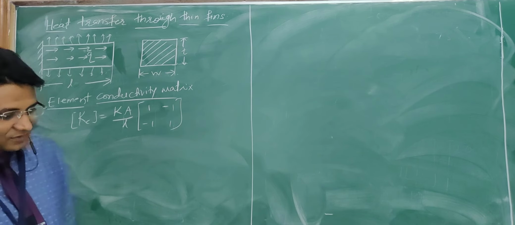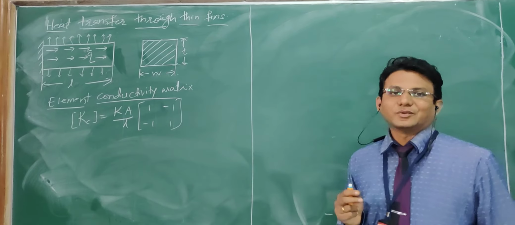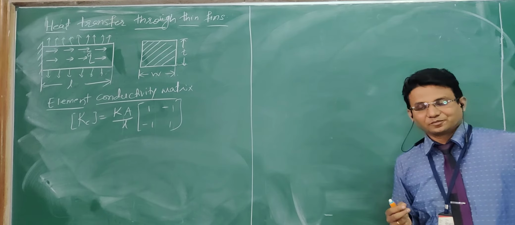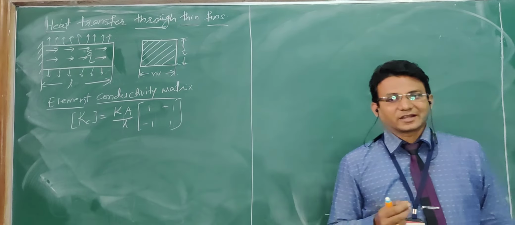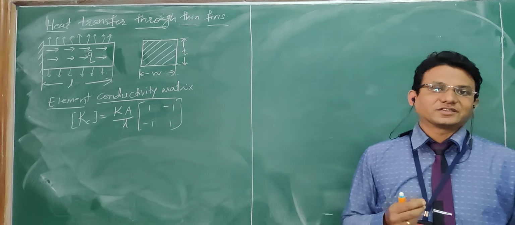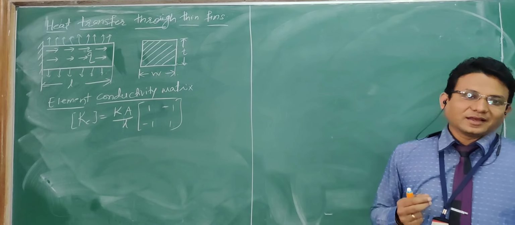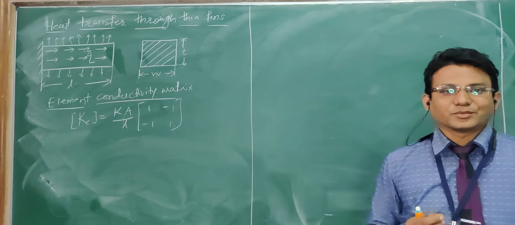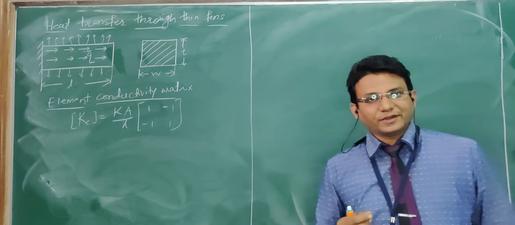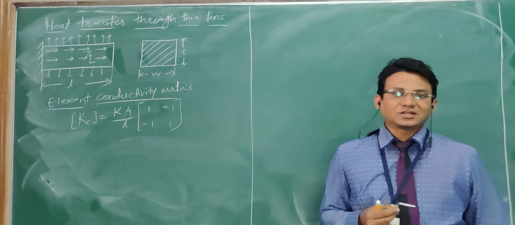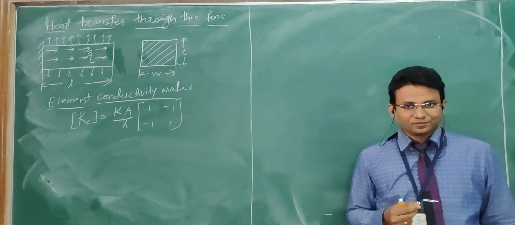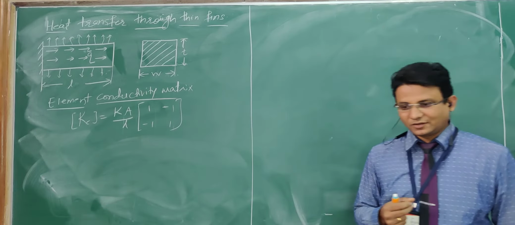Fins are the extended surfaces or extended material that has been provided to account for the additional dissipation of heat rate. The best example would be the motorcycle. The engine will have, on its exterior, extended surfaces or extended material. That material has been provided to take care of additional heat dissipation due to conduction and convection. Basically these fins are meant for additional heat dissipation, and because of that we can have more life of our engine. So that is the main function of the fins.